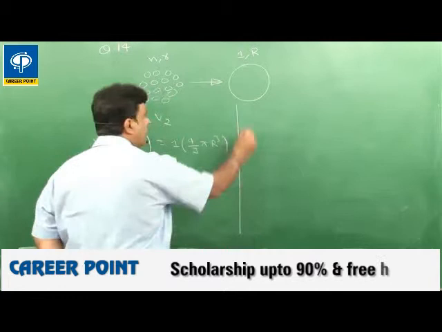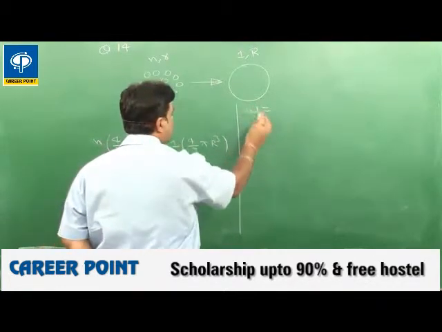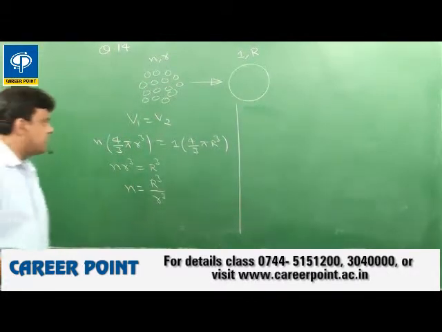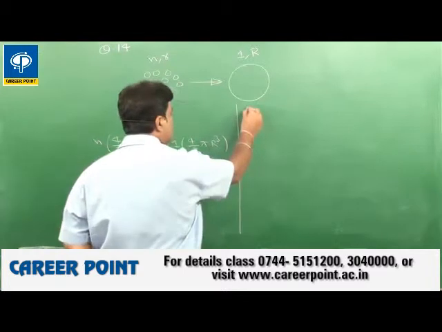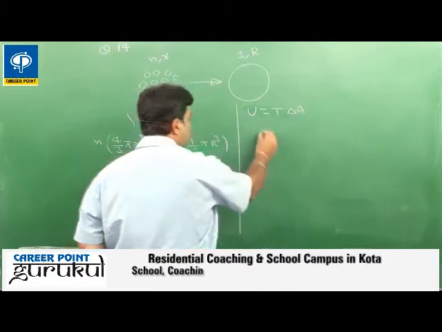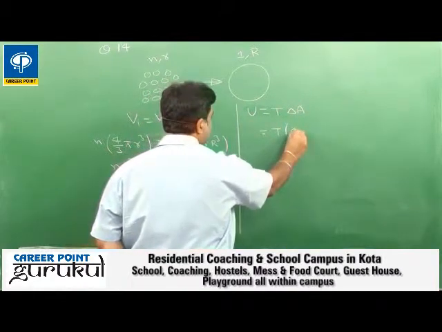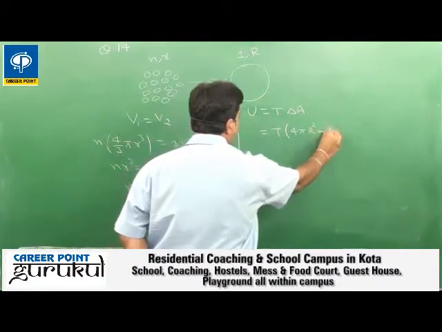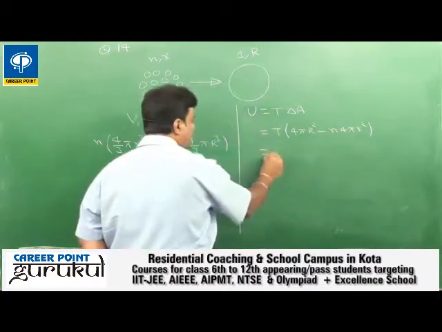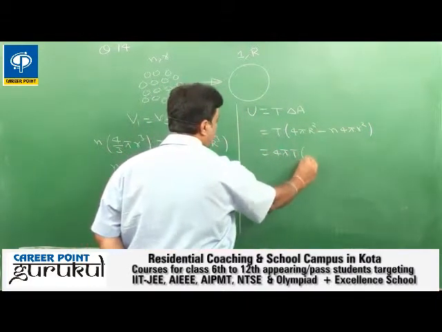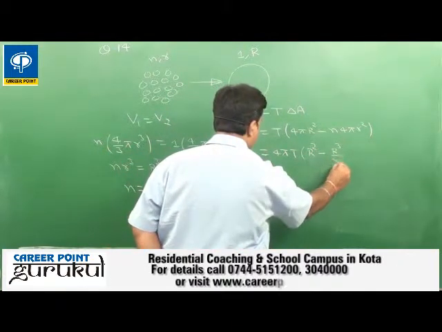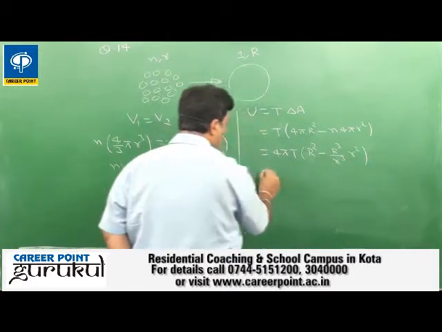Similarly, when n drops make one big drop, the surface area of the droplet decreases and an amount of energy is absorbed. The energy absorbed is equal to the surface tension times the change in area. The final area is 4 pi R square and the initial area of n drops is n into 4 pi r square. Here 4 pi is common. So 4 pi T, R square, small n is equal to R to the power 3 upon r to the power 3 into r square.